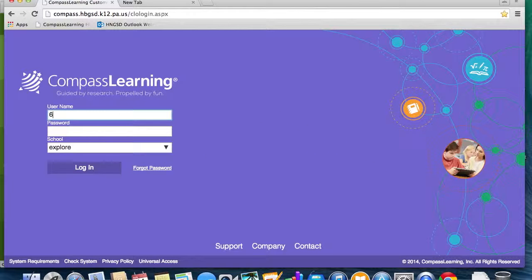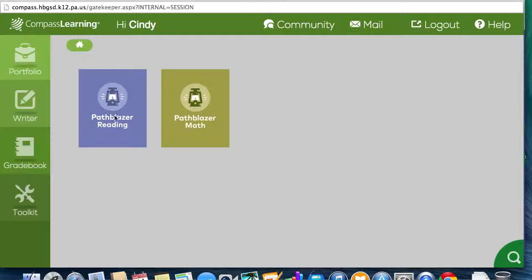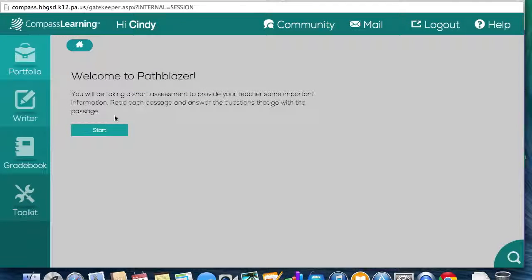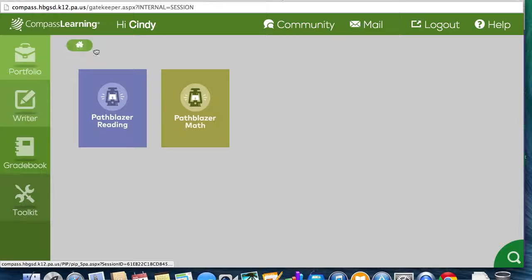A student logging in still needs to go to the Harrisburg website for the HBGSD. They put in their user ID as their username, and their password is school. They also need to put Explore as the school. Then log in. You see when the student logs in, they have their PathBlazer screener as the only thing that they can do